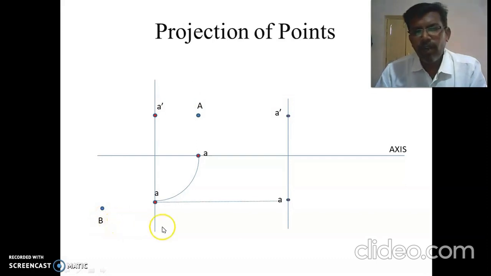So front view, where are you? Once again you are sitting in the same place and observing this point. The front view will appear here, and name it as B dash, because this is